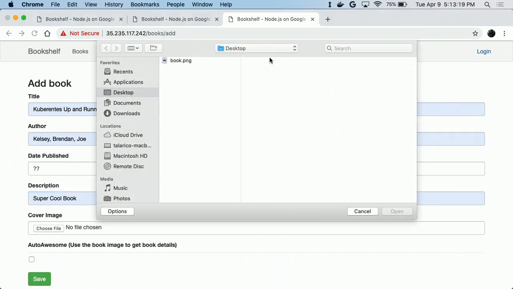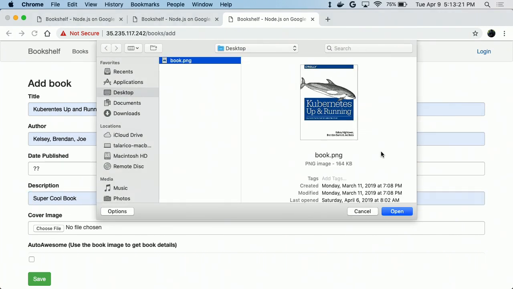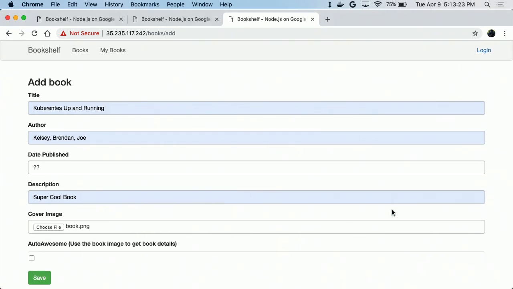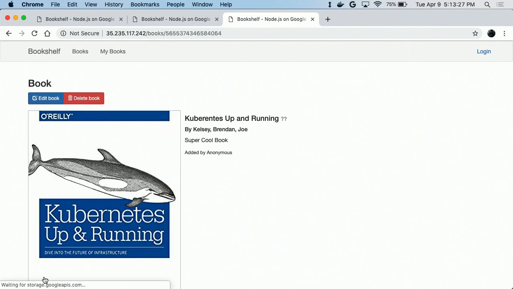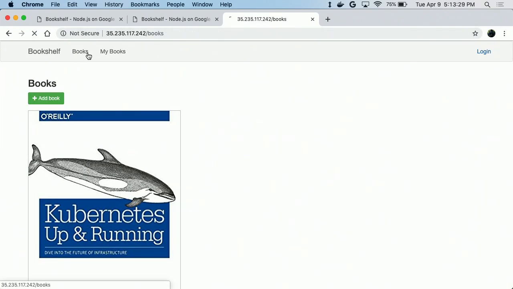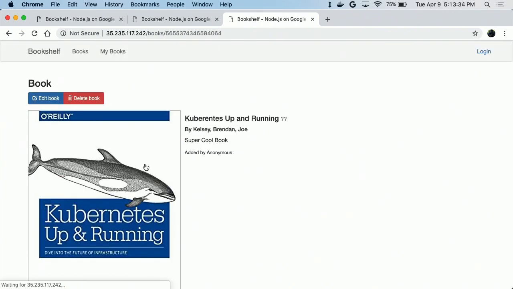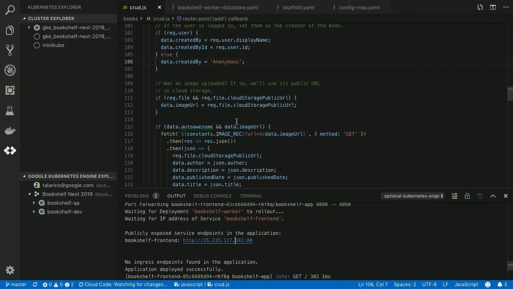And then we can choose the cover image. So here's the cover image, Kubernetes Up and Running. And I'm going to hit OK, and then I'm going to save it. And then like that, we've got our book. And we can go back, and we have our bookshelf. That's pretty cool. I've got my description. When I click into it, I have a little bit more stuff. So me, being the book lover I am, I'm going to go back to VS Code, and I'm going to